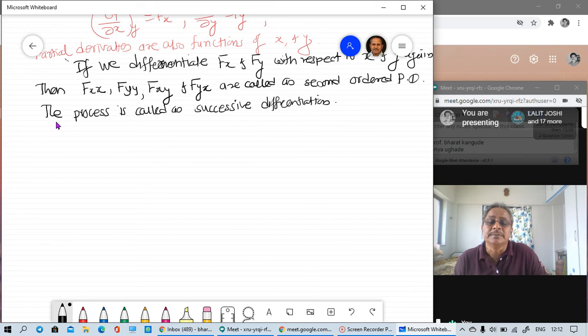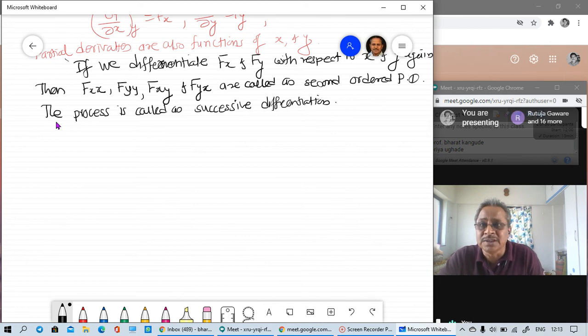Okay, I'm sure you might be knowing the meaning of the word successive. In Marathi we say successive as one immediately after another: first, second, third, fourth. So after succession, one after second, after second that is third, after third that is fourth. So that's how, if I have taken the first derivative, if the derivative is found to be a function of x and y independent variables, again you can differentiate it a second time. If that second order differentiation is again found to be a function of x and y independent variables, again they can be differentiated with x and y.